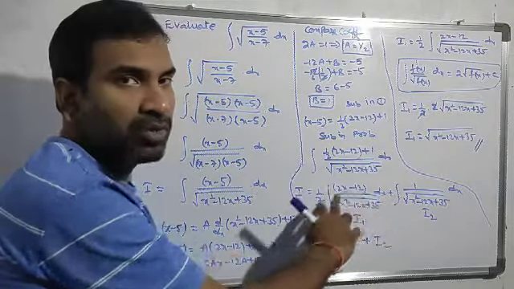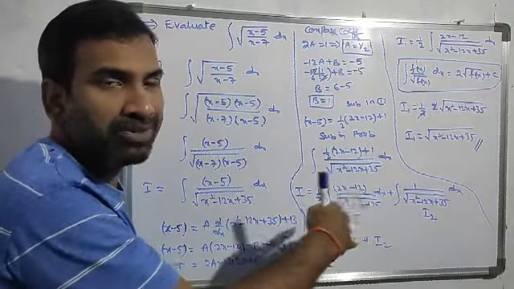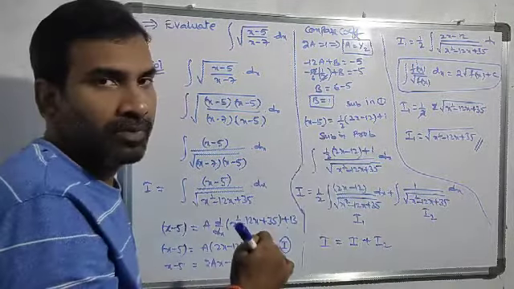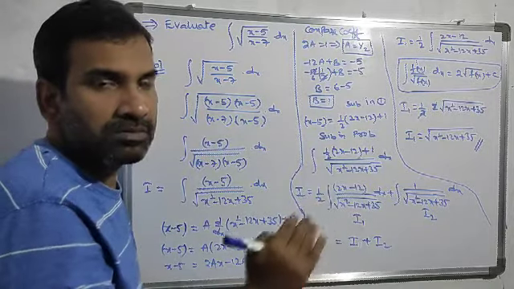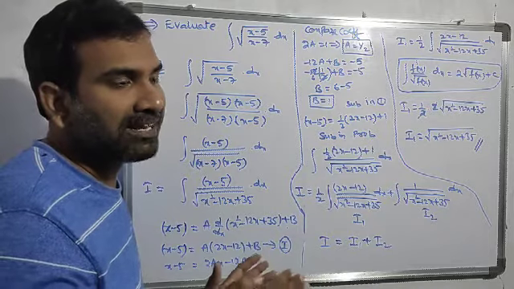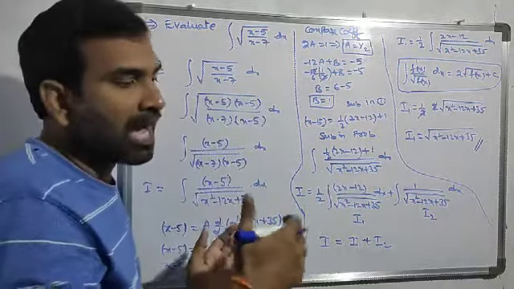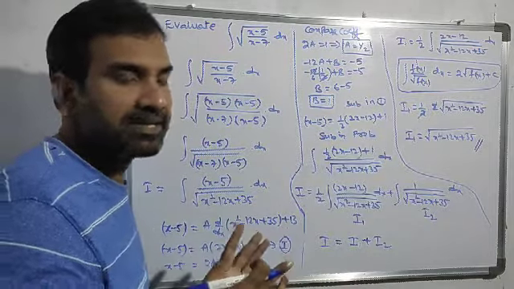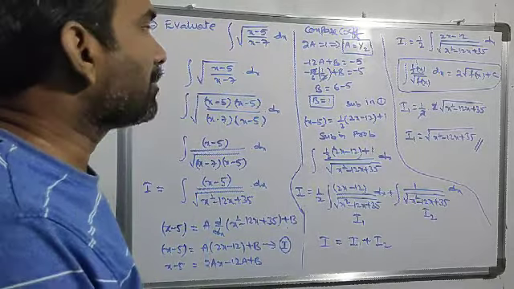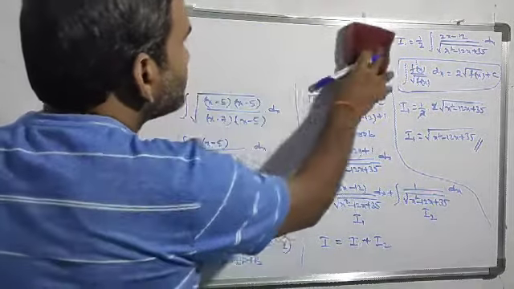It is converting into two integral values, I1 and I2. I put the names. Okay, first I am finding the I1 value. Next I have to solve the value of I2. What is our final value of the integral? I, our given problem, equals I1 plus I2. Okay, I will get that. So up to this, I completed the I1. Now I am taking the I2 value.